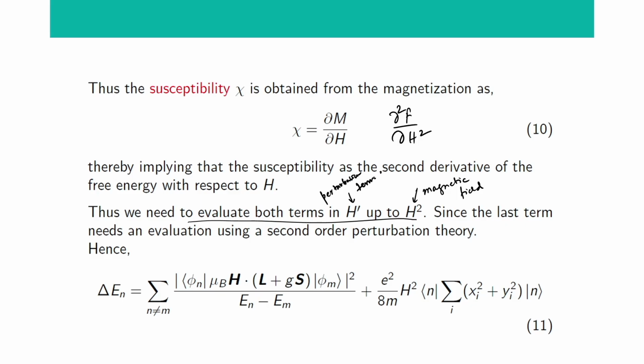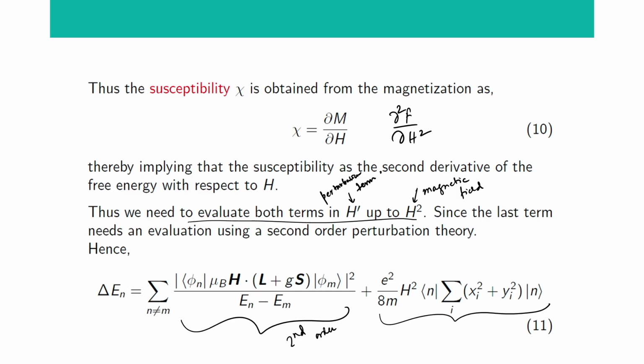All right. So, this is the formula for the second order perturbation theory, which involves an energy correction and then the terms that are written there. You see that each term is of the order of H square, where H is a magnetic field, H square here because of the second order term. However, note that here we have used a first order perturbation theory. So, this is second order